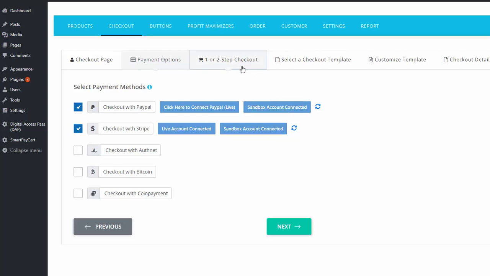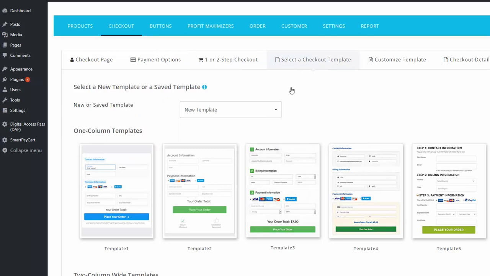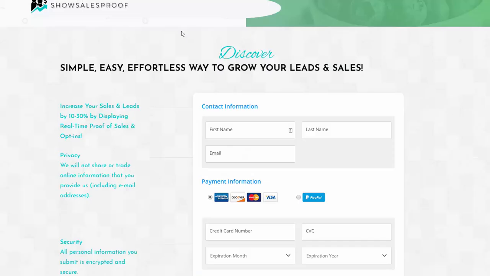So next, one-step or two-step checkout. I'm going to select one step. Select a checkout template. You will see that we have added a couple of new templates. These are pretty cool. I recently launched a plugin called Show Sales Proof, and I used a combination of Thrive Architect and the SPC checkout shortcode to create a checkout page like this. And I got a few emails from users saying that they like my checkout page and they wanted to know